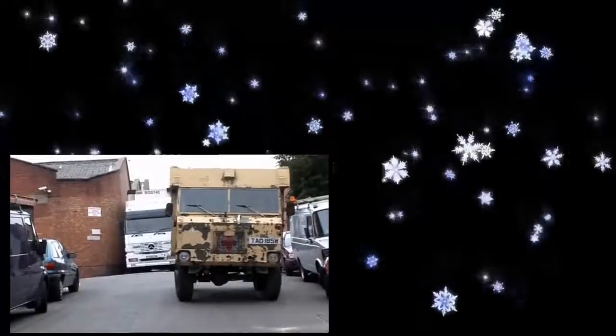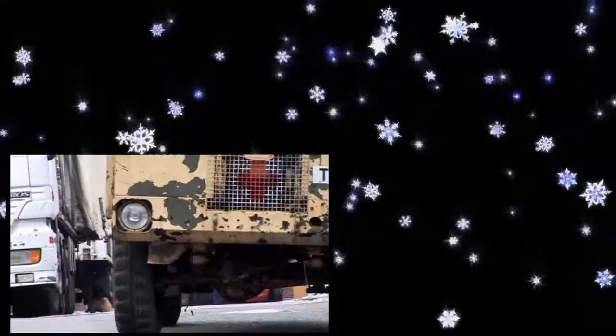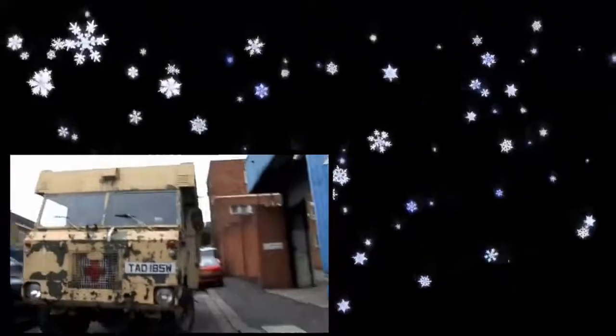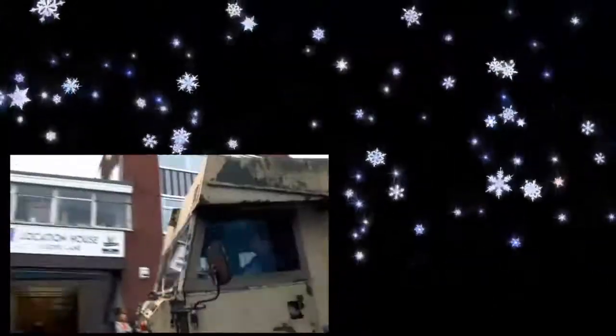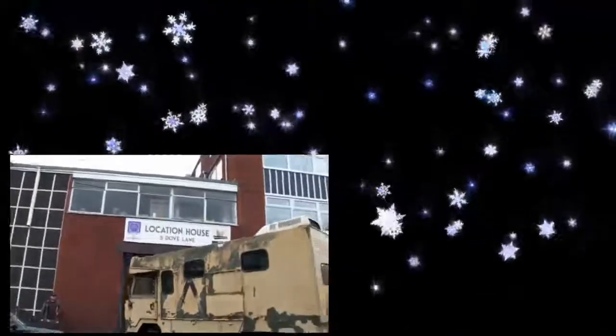One of the key elements of the story is the vehicle. We wanted something kind of pretty big and impressive. We found a Land Rover 101. It turned out to be an ambulance that had come back from the Gulf. It had the red crosses on the back and everything. And it was in a terrible state. When we took it to the set builders and showed them the drawings we'd done, they kind of...